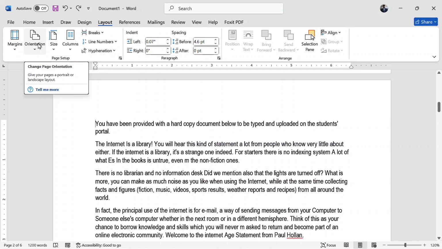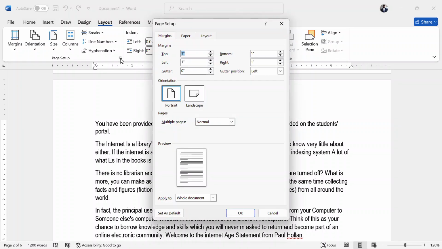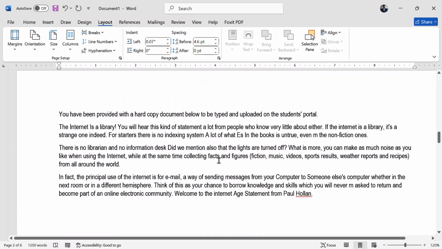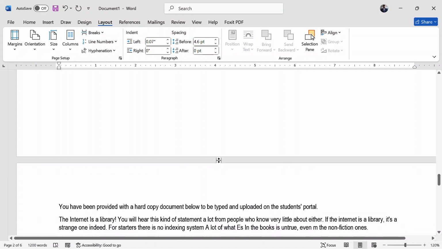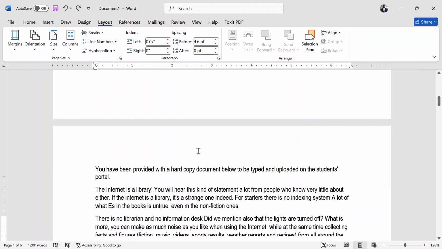Actually, I can go to more. On the layout tab under page setup, I go to more like this. Then from more, I'll select landscape orientation, and after selecting landscape orientation, I go to the whole Word document, this point. I tap on this. When I tap on this, I click OK. And when I click OK, you find that only this point has turned into landscape orientation together. That is one way of doing it. Let me undo it again.